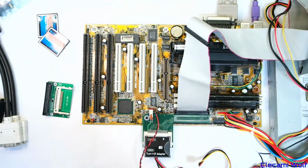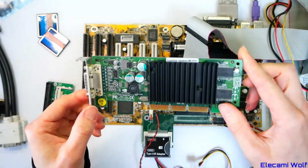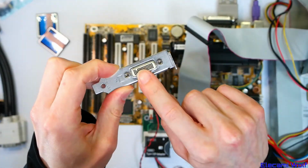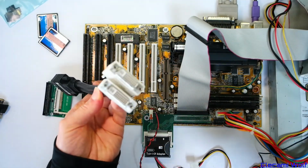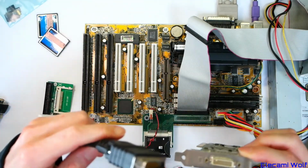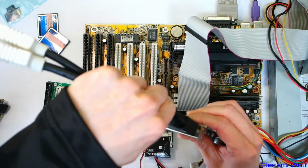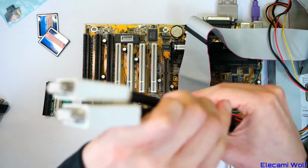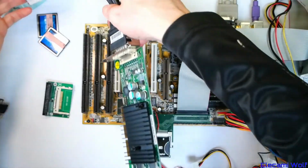Now for graphics card, I found something quite neat. It's a Quadro NVS 280, which is good because it's got the DMS59 connector on it, which allows you to connect awesome breakout things like this to either two DVIs like this one or the VGA version, which I don't want that. I want digital outputs because that will give us a nice clear picture that hopefully we can capture. Hopefully. The problem with these old computers is capturing their output, but with this, and it's DVI,